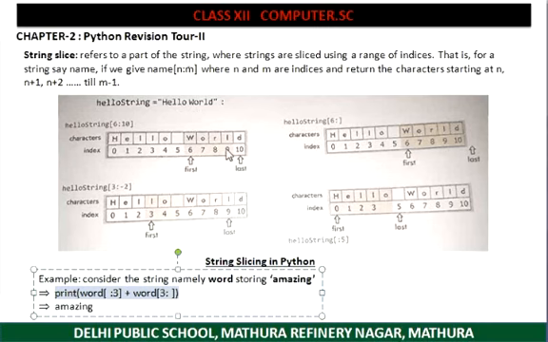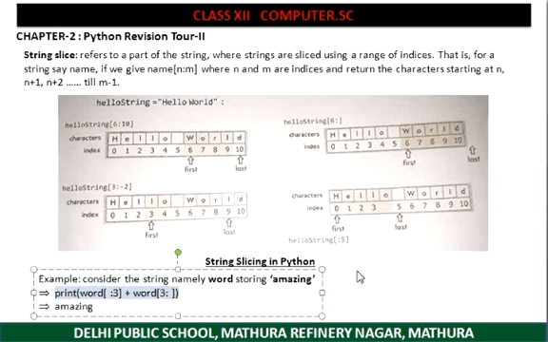hello_string[3:-2]. So it will start from 3 and go up to minus 2, so it stops before minus 2. Start from 3 and go up to minus 1, minus 2, and it will print up to here. hello_string[:5], where the first index is missing. So it will start from 0 and go to 5 minus 1, that is 4. So it will print this.